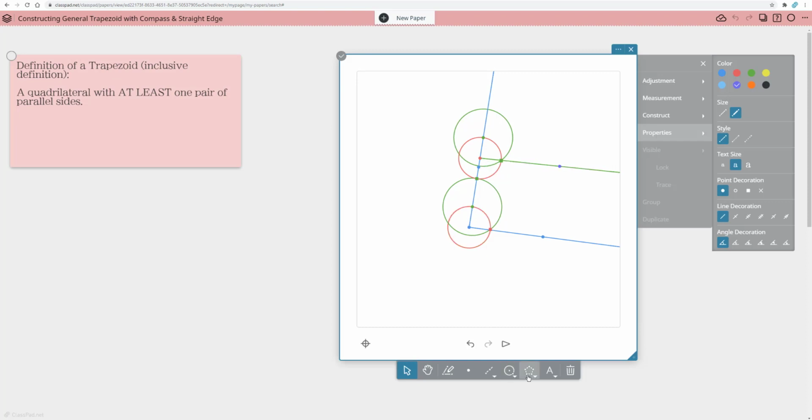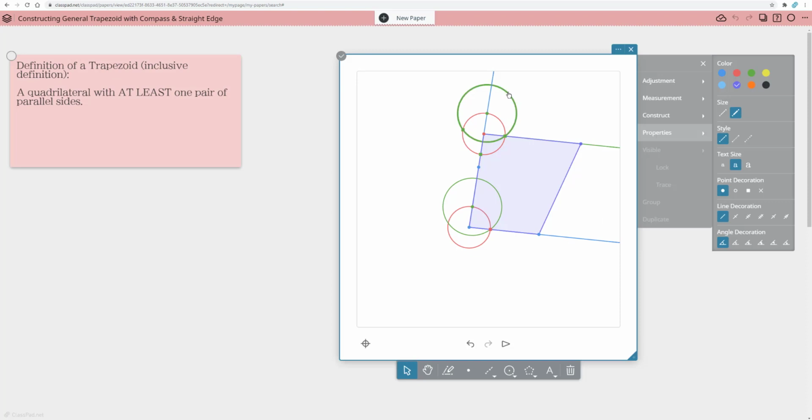Now students, you could just get your polygon tool and follow those 4 vertices, right? So I'm following my 4 vertices, and students would do the same. Here's my trapezoid. So notice that my trapezoid, I can make it be every possible trapezoid as I move it, right? And I can make it big, small. I could make it be a right trapezoid. I could make it be lots of different things that I explore. This is why I like inclusive definition, because I can make all types of trapezoids.